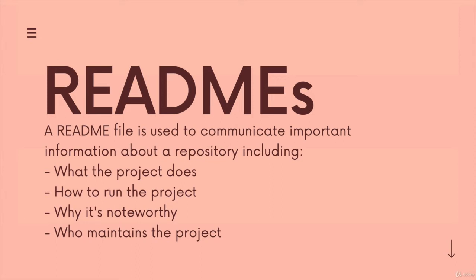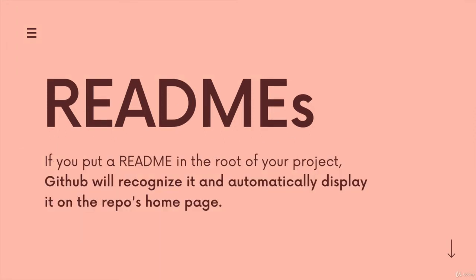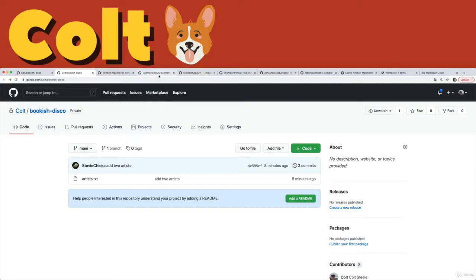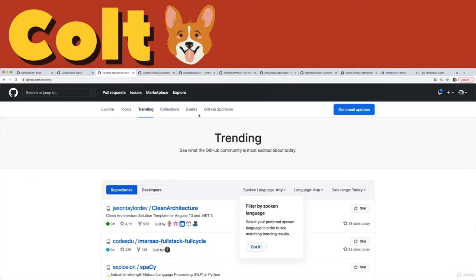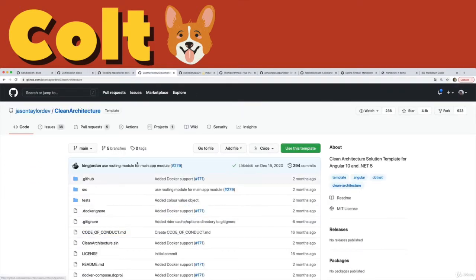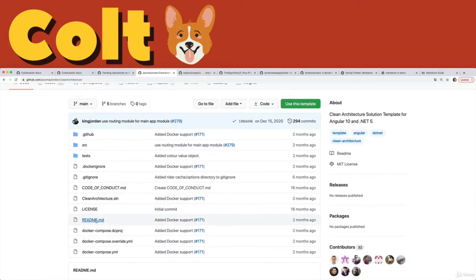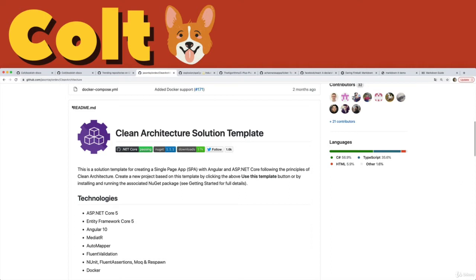So README in all caps, you'll see them all over the place if you haven't. And they're very important because if you put a README file in the root of your project, GitHub is automatically going to display it. It will render the contents on the page for us. So when I go to a repository like this, I just opened a couple trending repositories. This one here, clean architecture, it has a README file in the root of the directory, and it's automatically displayed